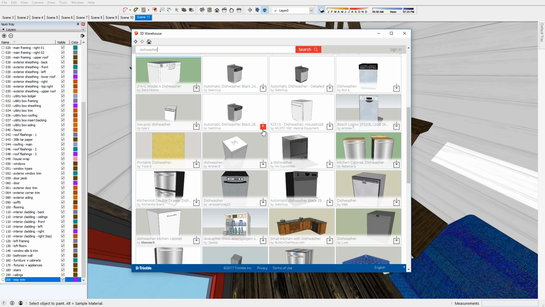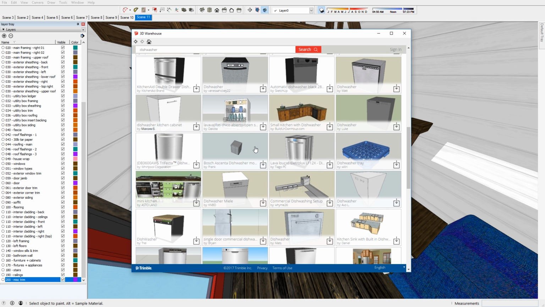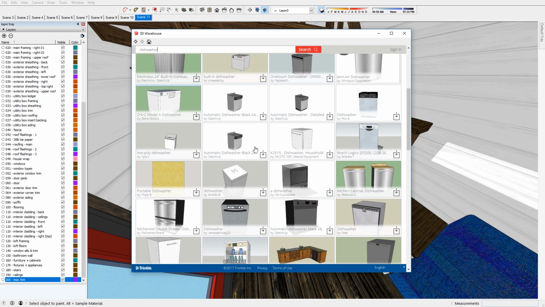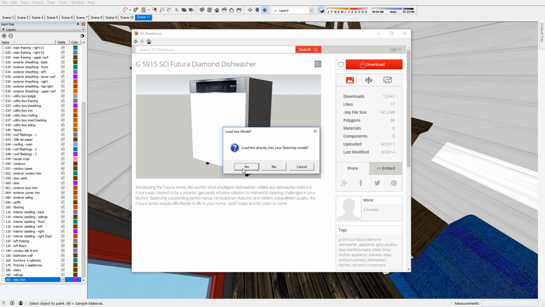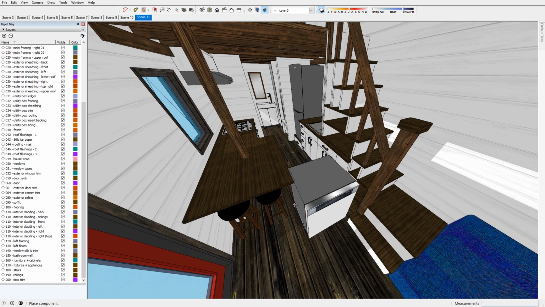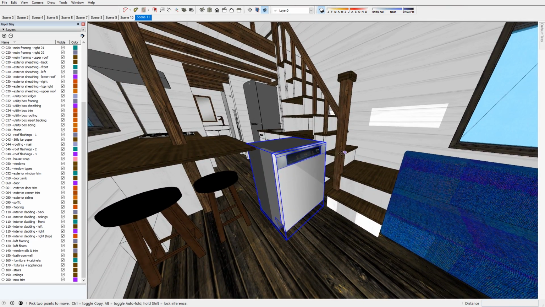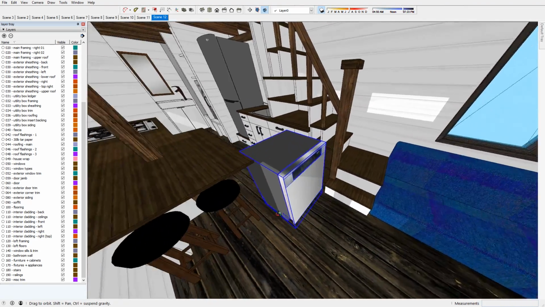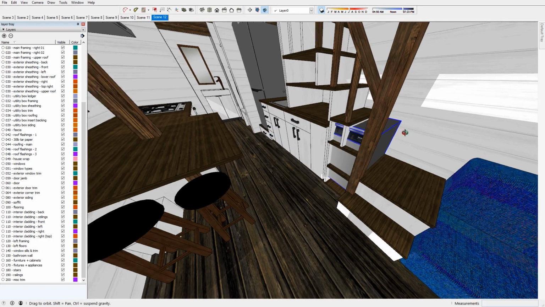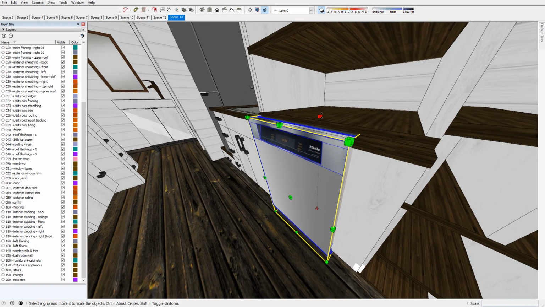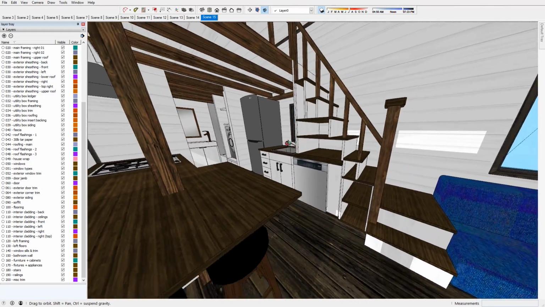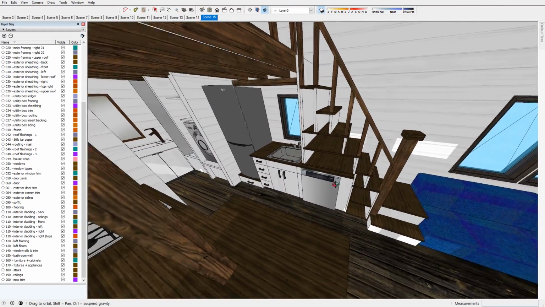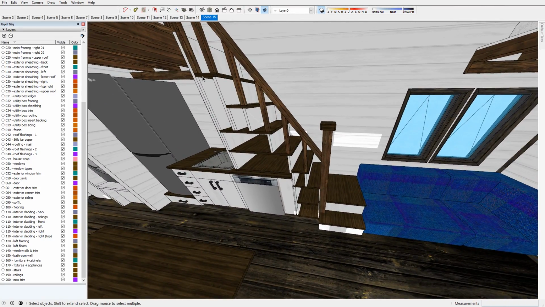So I'm going to scroll through here, have a quick look. Let's just grab this second one here. So I'll just download it straight into my model. And there it is. Now I'll see about scooting it underneath the countertop here. So you can get a quick idea of how it will interact with your cabinetry and if you need to make any adjustments. But now let's say that we want a bigger loft